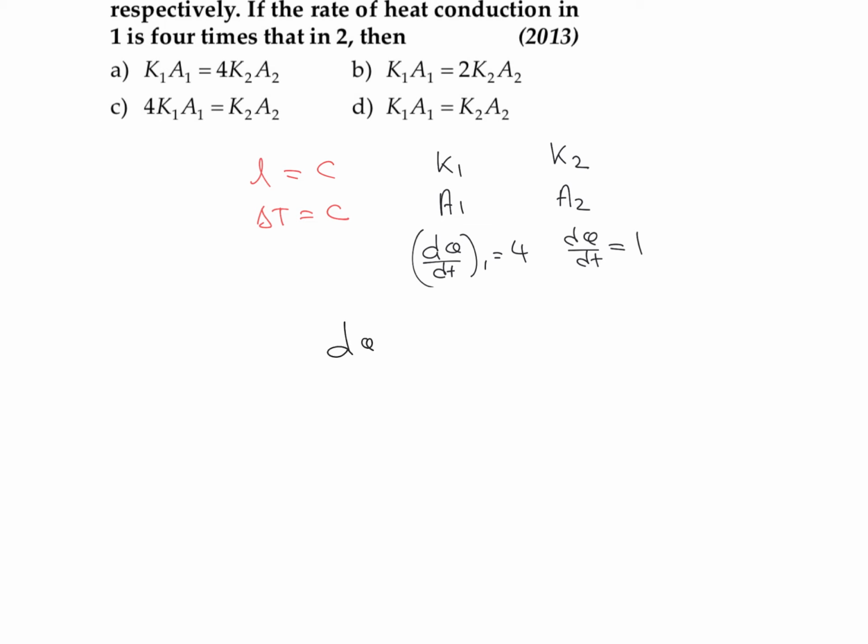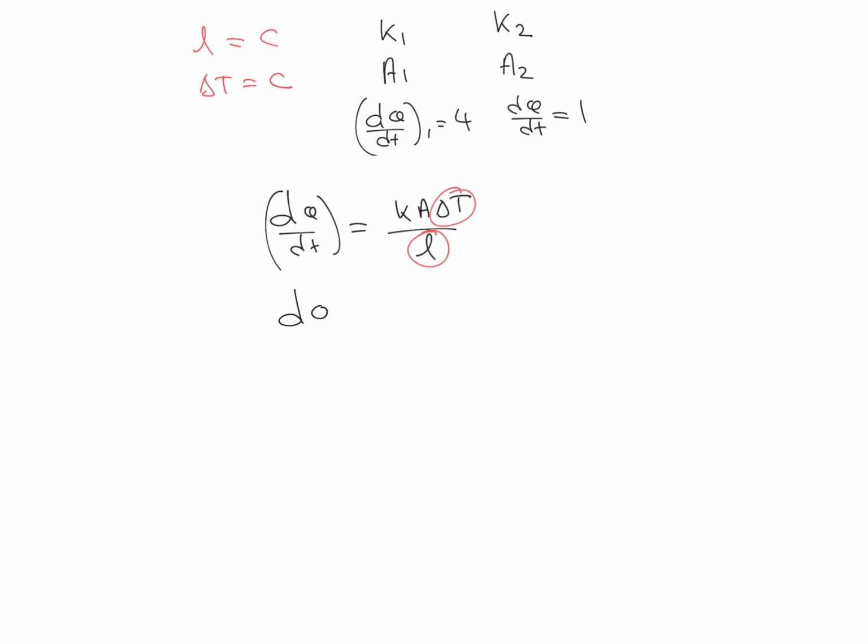So we can use this equation, dQ divided by dt is equal to K A delta T divided by L. Now according to this question, L is a constant, delta T is a constant, so we can write dQ divided by dt is directly proportional to K and A. So as dQ by dt is directly proportional to K and A,